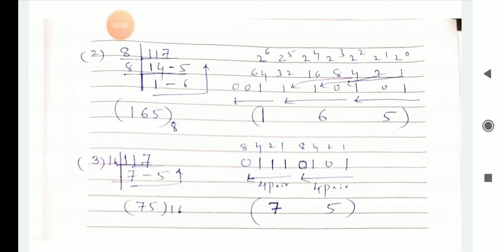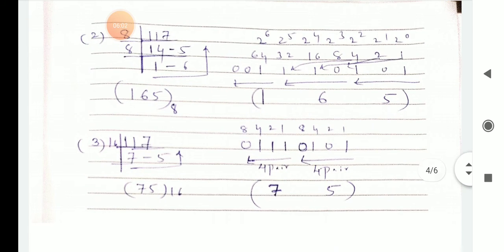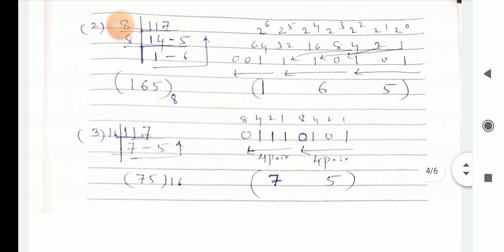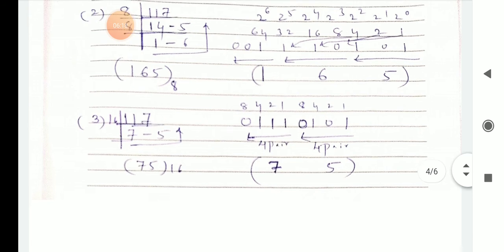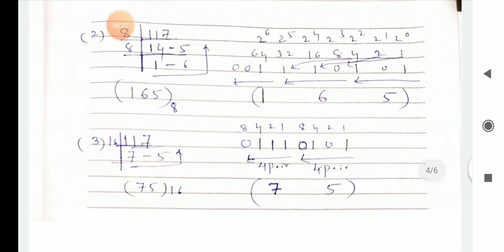So in octal you have to use one more method. You have to consider 3 pairs. So again you can write 2 zeros are 1, 2 ones are 2, 2 twos are 4, 2 threes are 8, 2 fours are 16, 2 fives are 32, up to 2 sixes are 64. So like that you have to write from right to left, using those binary place values.